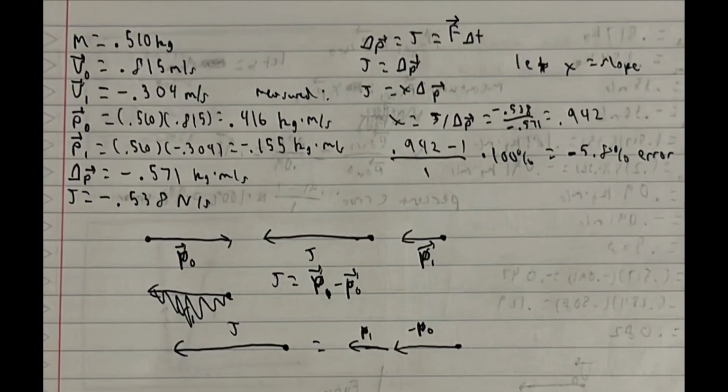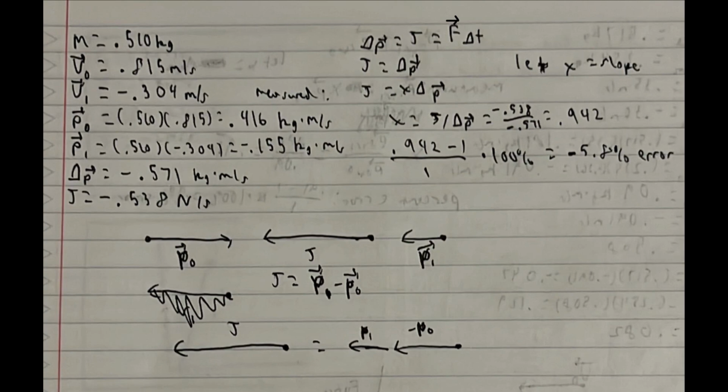For this lab, we measured the mass, initial velocity, and final velocity of the cart, as well as the impulse exerted on the cart by the force probe. First, we will use the equation momentum equals mass times velocity to calculate the initial and final momentum of the cart, which allows us to calculate the change in momentum, or delta P, to be negative 0.571 kilogram meters per second. By using the integral function on the LabQuest, we obtained a value of negative 0.538 newton-seconds